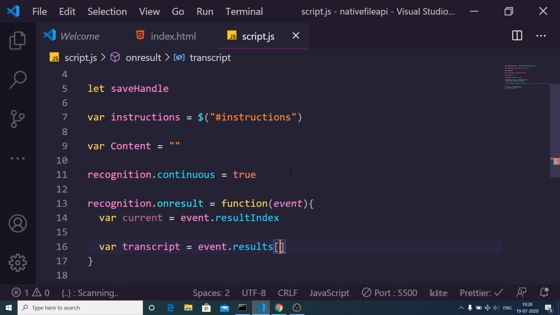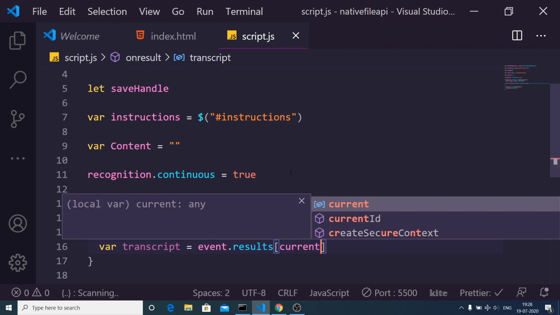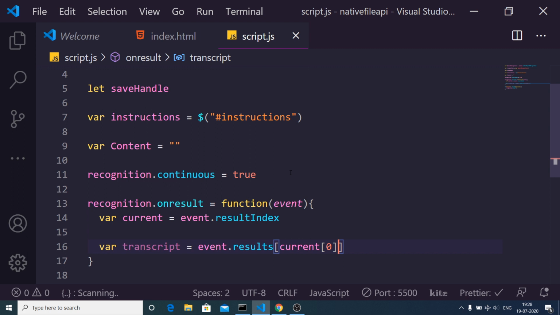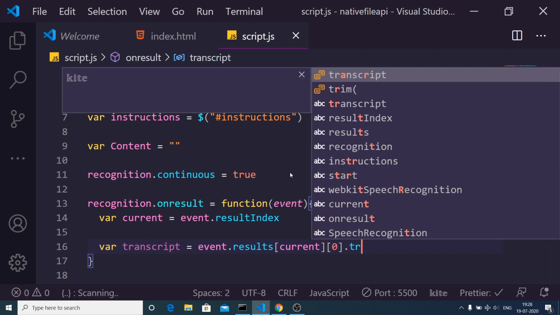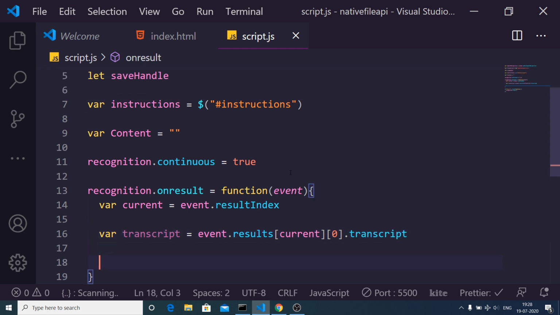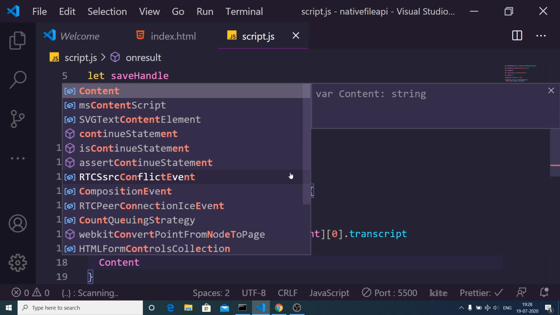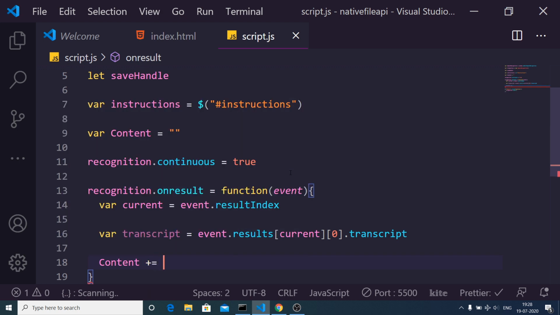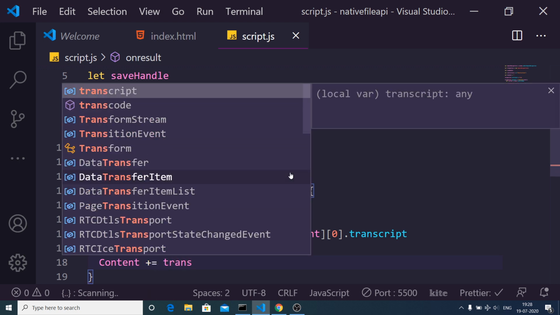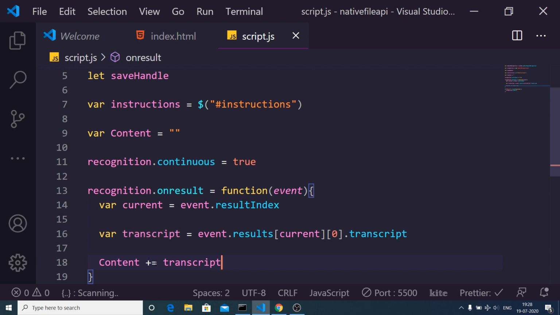This is an array, and inside this we need to pass the current index, 0, sorry, this needs to come outside this, 0.transcript, like this. And now we need to concatenate the transcript to whatever is the content here. So this is a plus equal to.